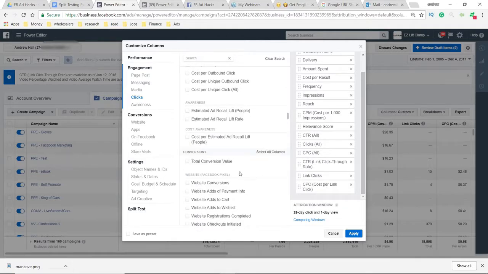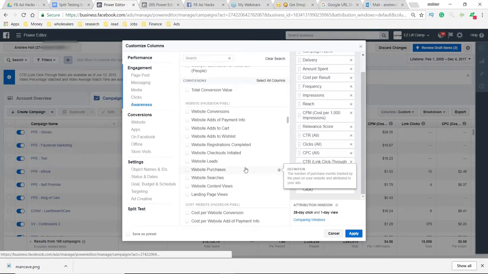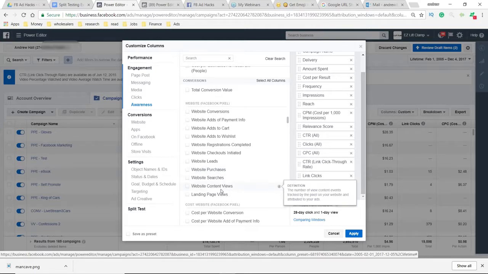Right here, this is website conversion. Depending on what type of service you have, I'm going to be doing this example for a drop shipping store. For a drop shipping store, conversions, add to carts, and purchases is what I look for. Now, if you're doing a webinar, then you want to be looking first for page views, landing page views right here,